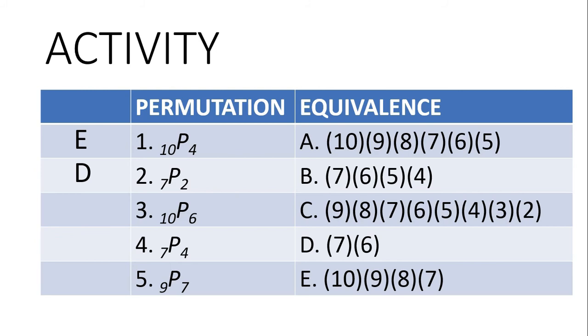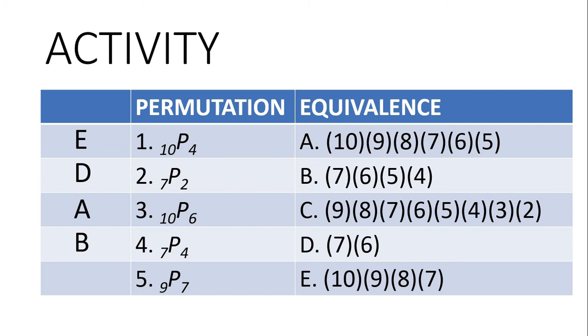Number 3, permutation of 10 taken 6 corresponds to letter A, that's 10 times 9 times 8 times 7 times 6 times 5. Number 4, permutation of 7 taken 4 corresponds to letter B, that is 7 times 6 times 5 times 4. And lastly, number 5,